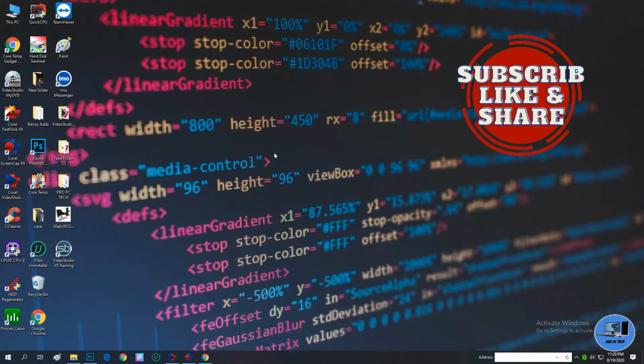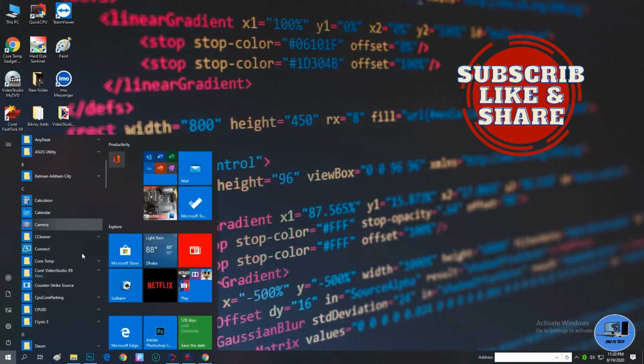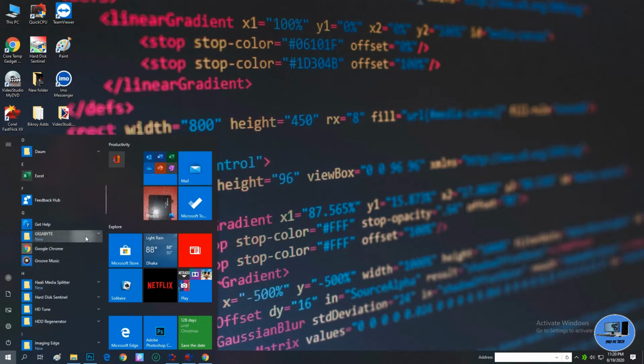So guys, now I'm going to show you the App Center. First I'm going to my start menu. From here I'm just looking for Gigabyte.